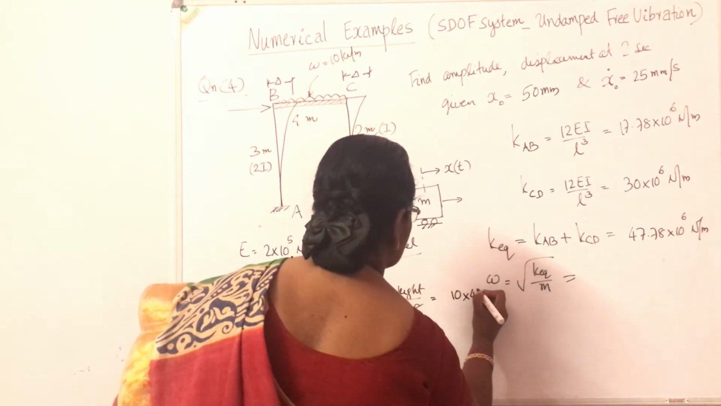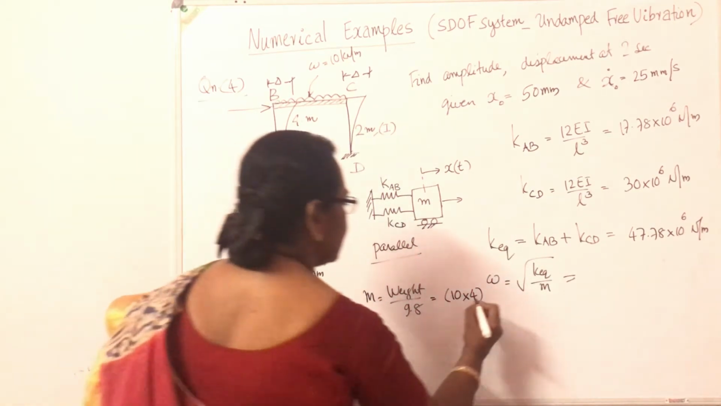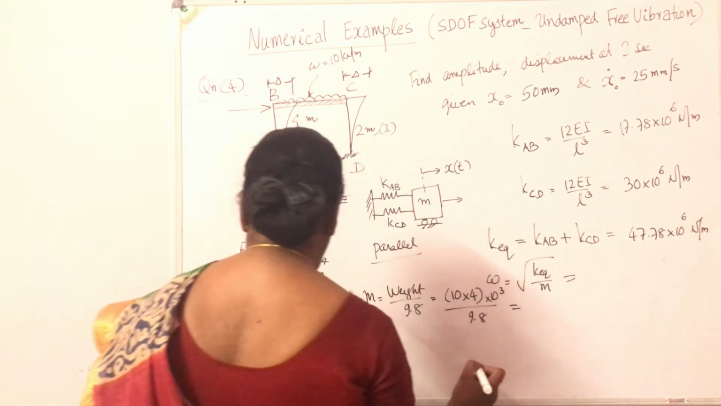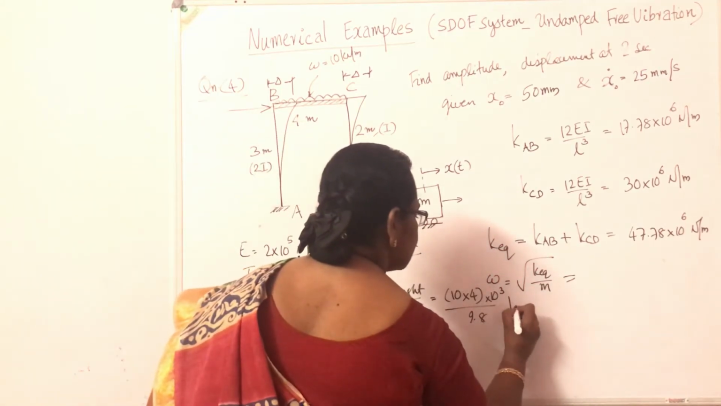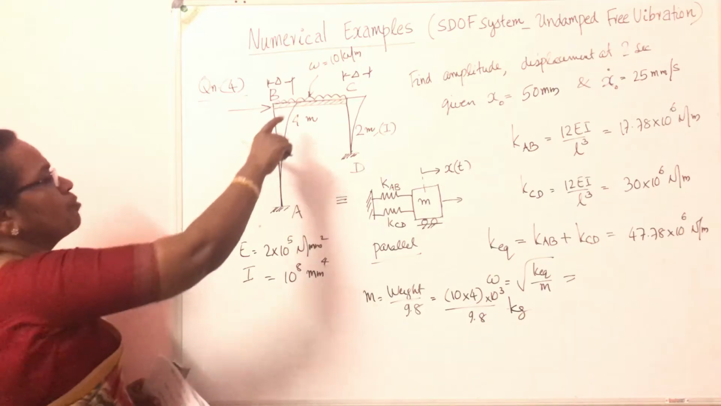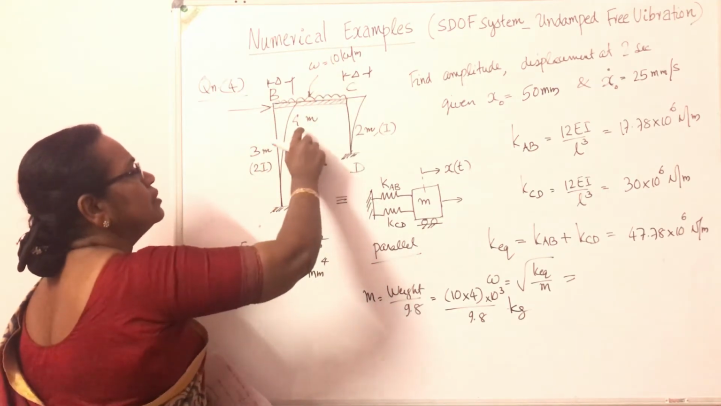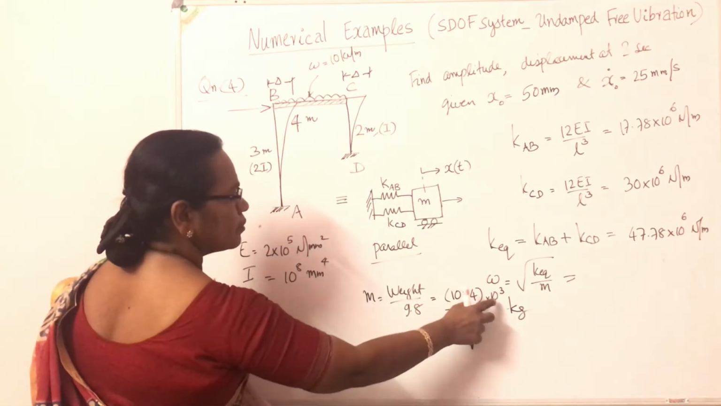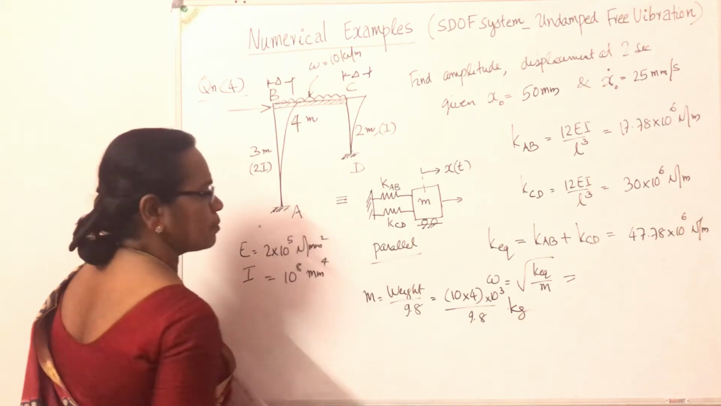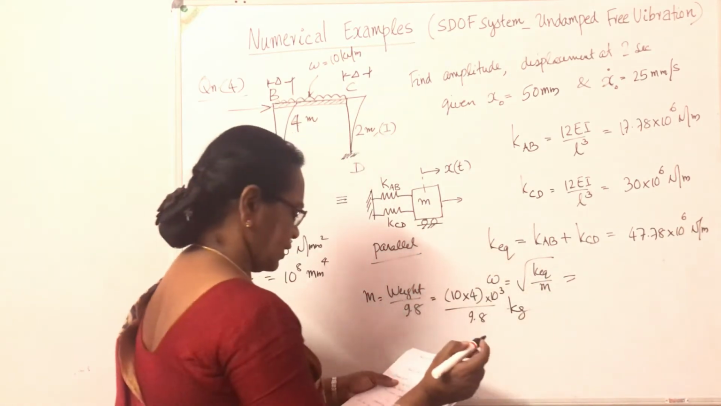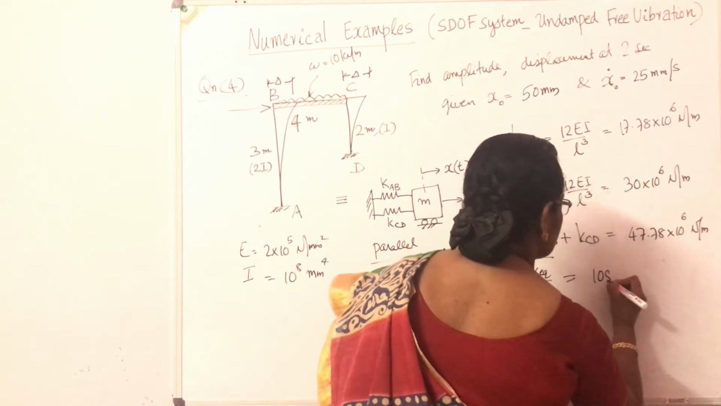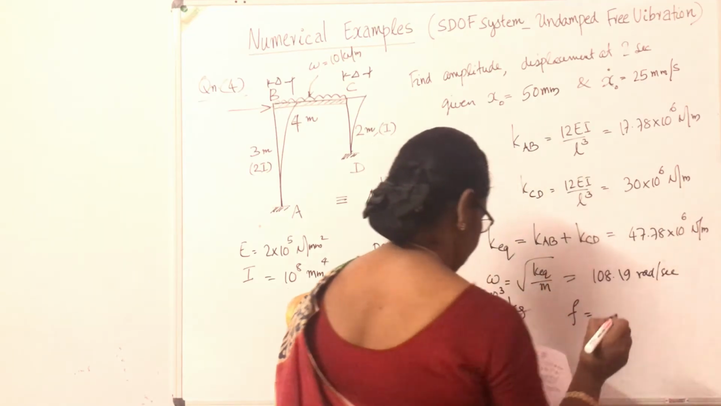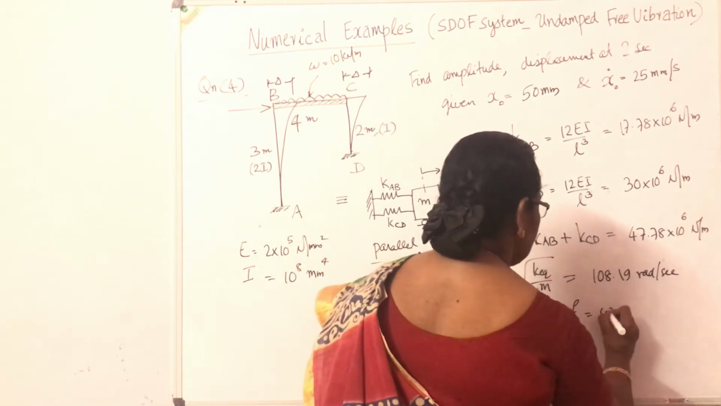So span is 4, so 10 into 4 into 10 raised to 3 divided by 9.8 will be the mass to be substituted. So it is a beam of self-weight 10 kilonewton per meter, into the span 4 meter, 10 into 4 converted into Newton, divided by 9.8 will give you the mass in kilogram. Substituting here, we will get omega equal to 108.19 radians per second, or the natural frequency F is equal to this omega by 2 pi,